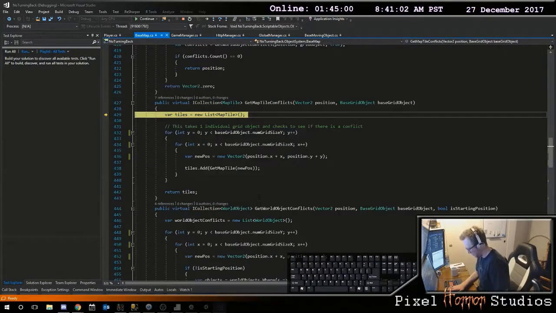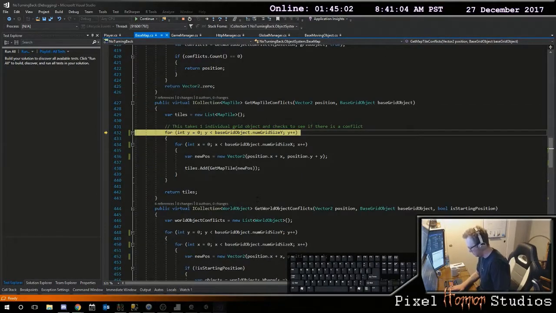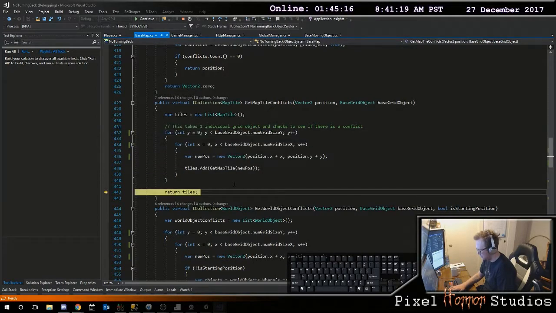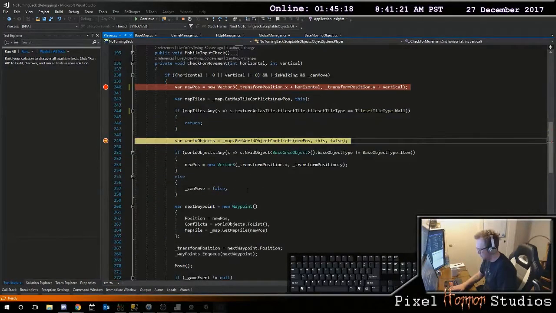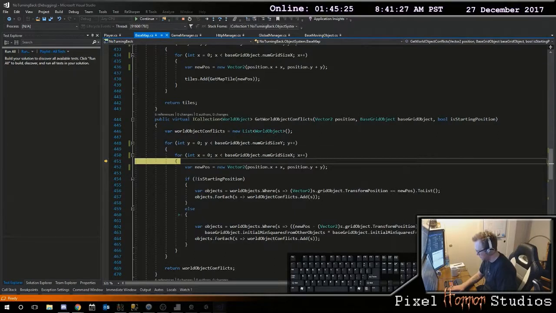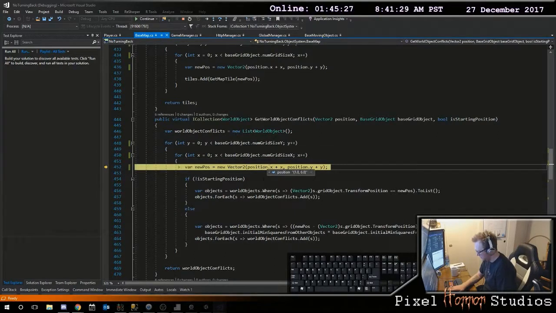Okay, so when I look at what the grid is at, and now when you look here, my position is going to be 1, 6. And if I look at my base